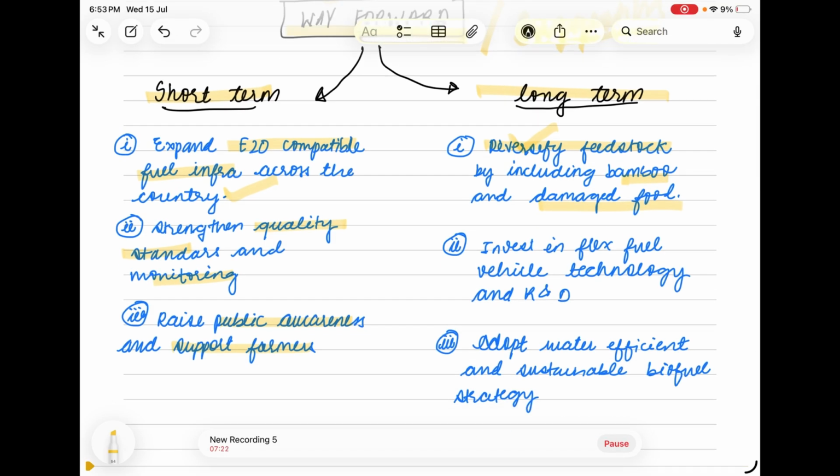We should also raise public awareness and support farmers producing the feedstocks for fuel generation. For the long term, we must diversify the feedstock. This solves our problem of diversion of food stock away from food. Therefore, we must diversify it by including bamboo